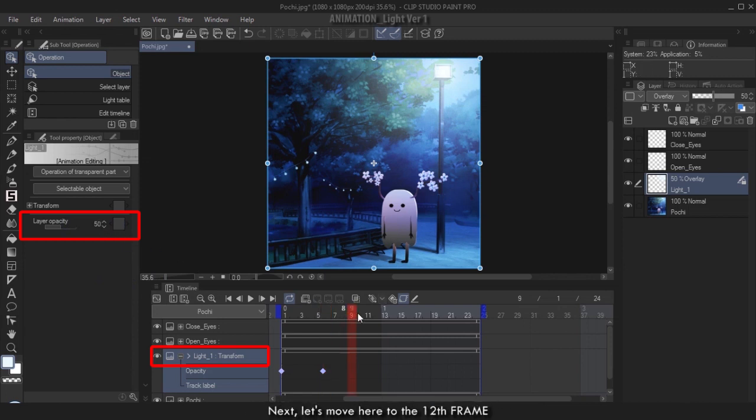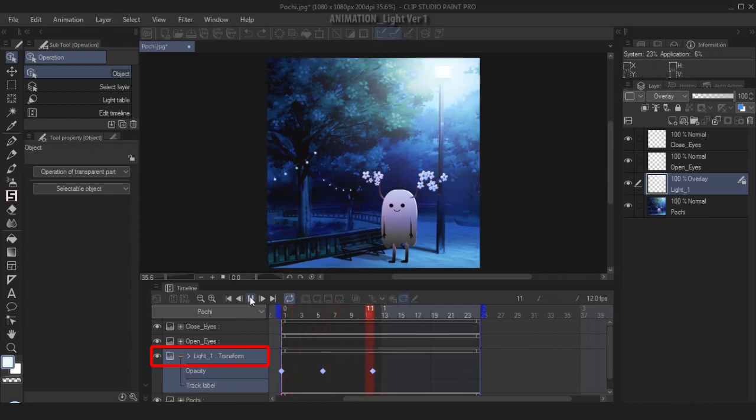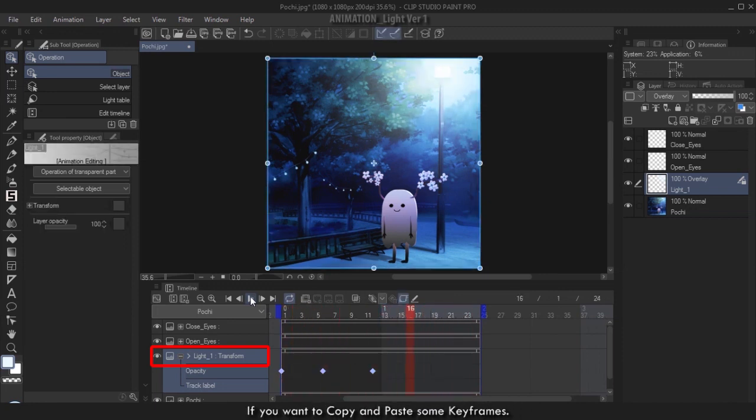Next, let's move here to the 12th frame, and let's make it again 100. It automatically gets a keyframe by just moving the slider. Alright, let's try playing that. Light is changing opacity, right? Let's continue. If you want to copy and paste some keyframes, just select the keyframe, right-click copy, then go to